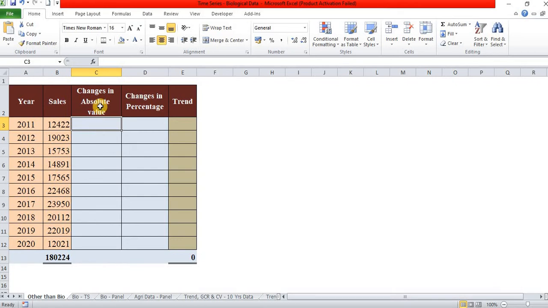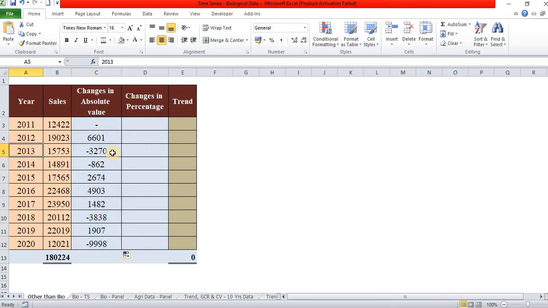So in the first column we have changes in absolute value. The first value is not compared with a previous year, there is no year at all, and the second year is compared as current year minus previous year. How much does it change? That is 6,601 increased.